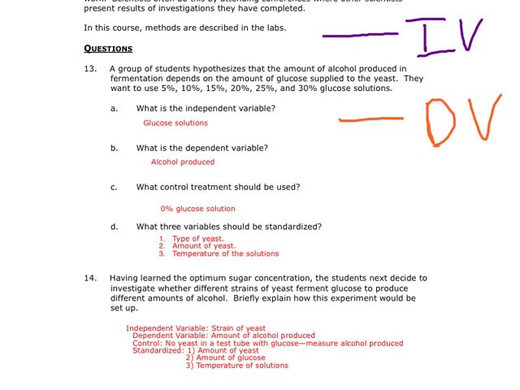So I'm going to start with the independent variable. I'm going to change my color to purple here. Okay, so a group of students hypothesizes that the amount of alcohol produced. All right, so this word right here, produced, that's a key word. Produced implies that that particular thing is happening towards the end of the experiment. If that's the case, then the amount of alcohol, this part right here, has to be